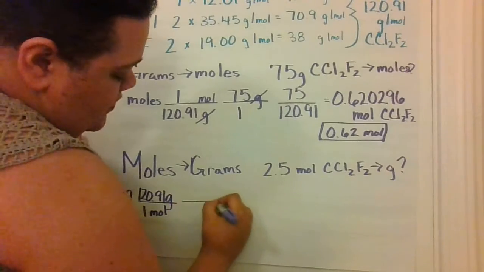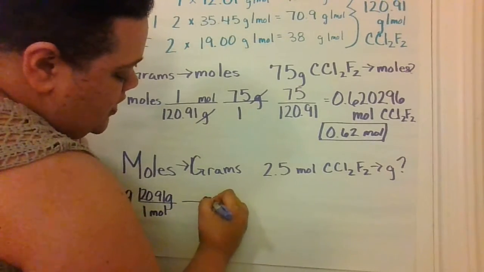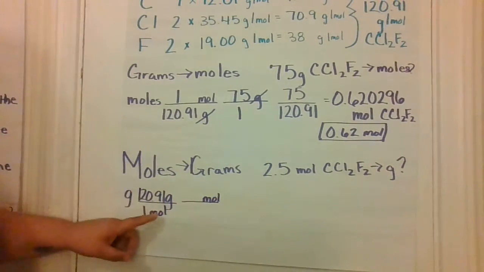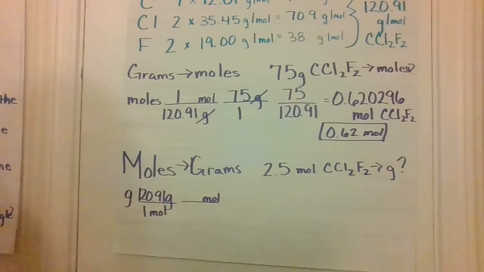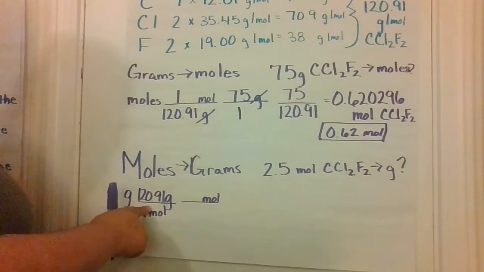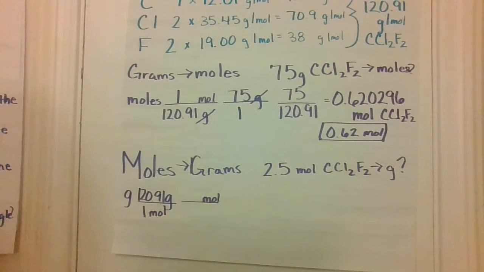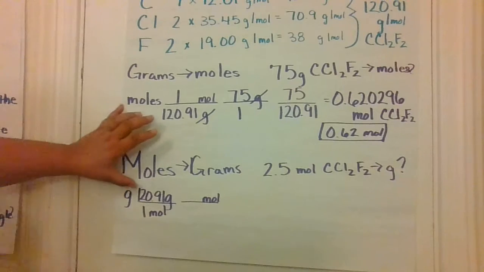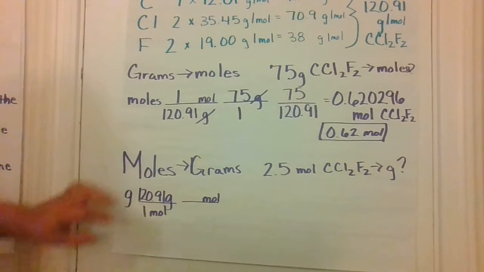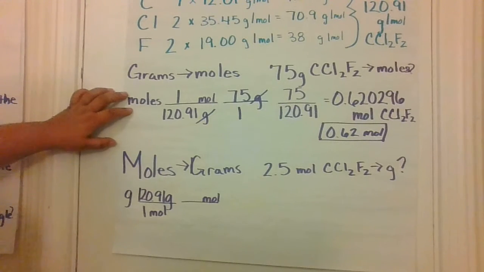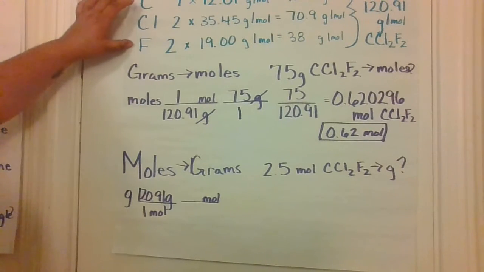Then we come here without even knowing what numbers. We know the unit is going to be whatever unit is on the bottom. Reference your problem or your notes. And here we'll see we've already used our molar mass. So remember, in grams to moles and moles to grams, the first thing you're going to place in that problem is going to be your molar ratio or your molar mass, because it's going to be based on your entire